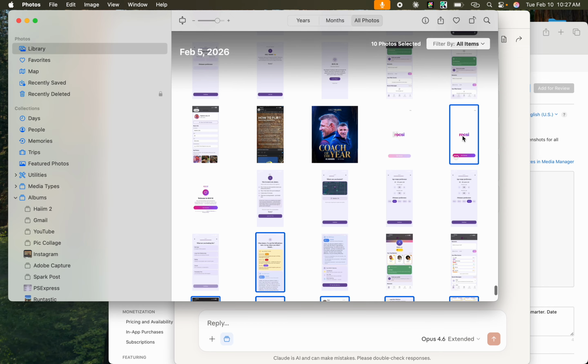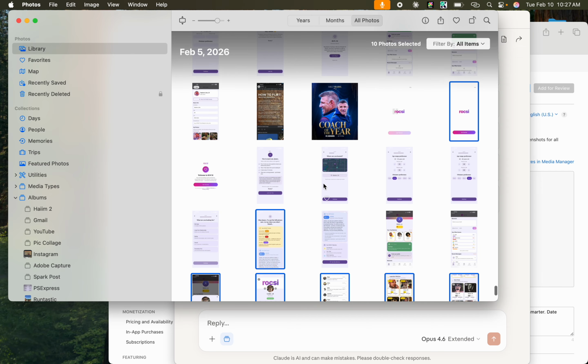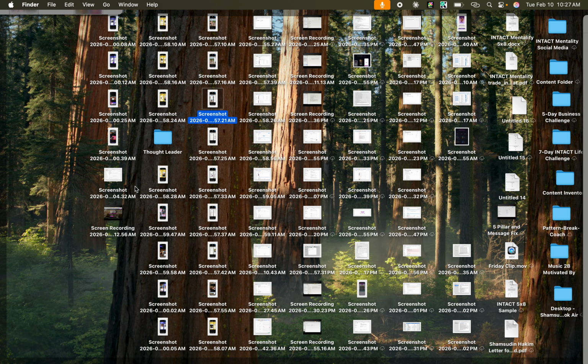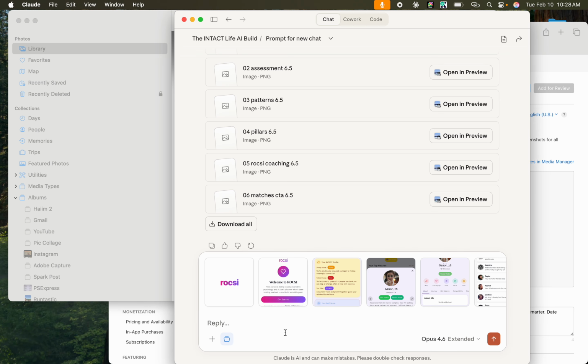Let's do 10, 11. Let's see if we can drag those right here. It lets you do up to 20 pictures at one time. So let's do that. And then let's do some of these over here. One, two, three, four, five, six, seven, eight, nine. That should be 20. Copy these, do like that.